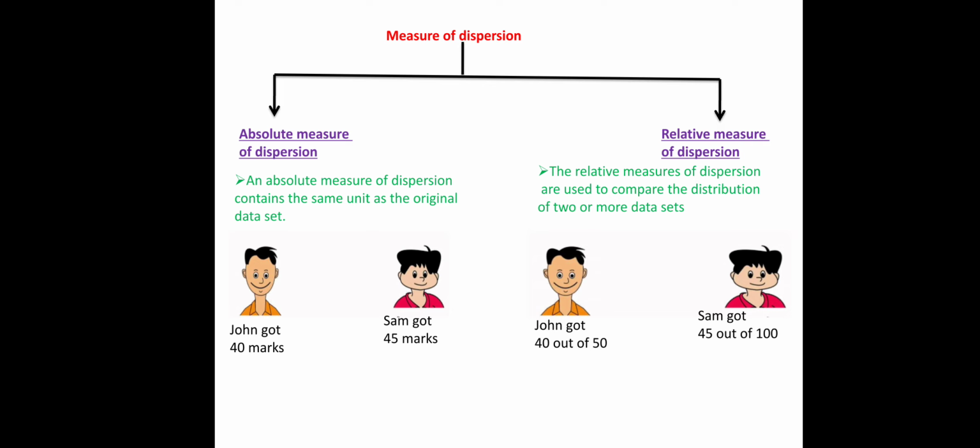Okay, so in absolute measure of dispersion, you will get to know the exact value, whatever the data is, but in relative measure of dispersion you will get the actual figure, because here there will be comparison, and because of comparison you will get to know the actual thing. Okay,